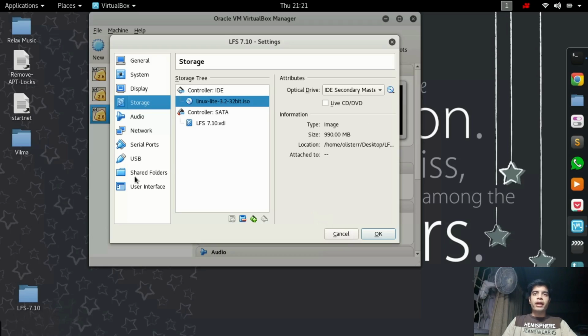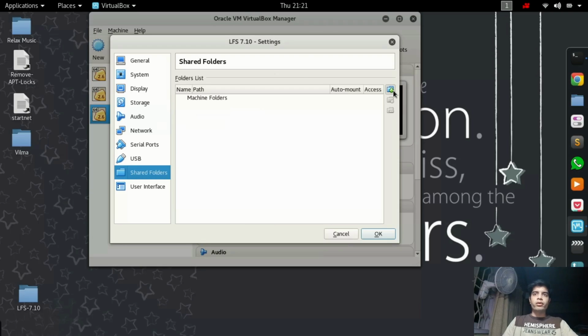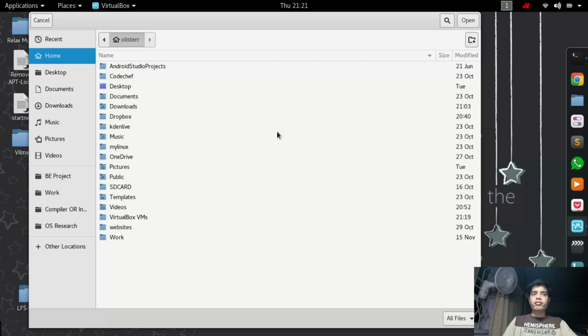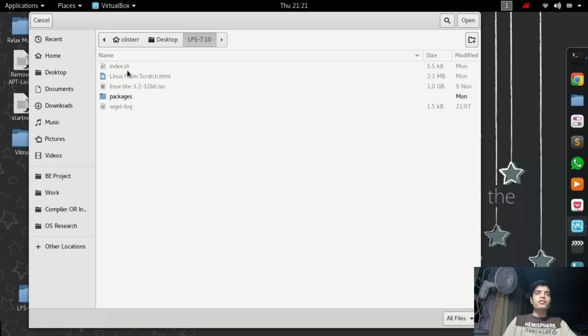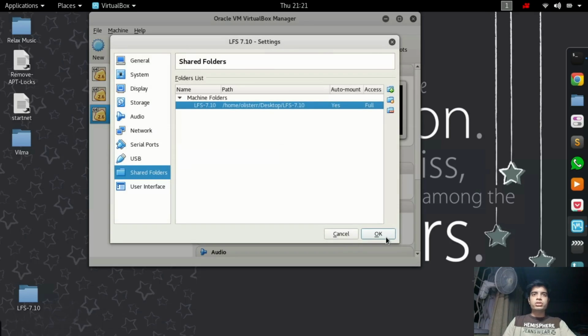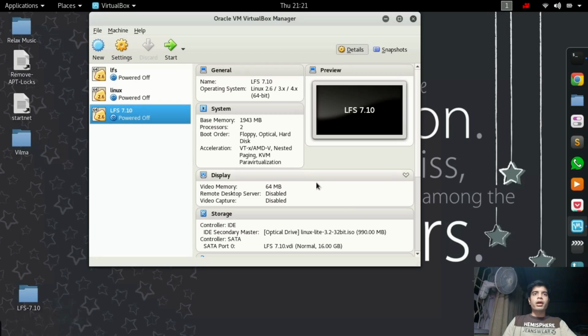Now we'll add a shared folder. A shared folder is a folder that will be shared between our actual machine as well as the virtual machine. Now I'll select the LFS folder here because it contains all the LFS packages. And I'll say auto mount because I want it to get mounted every time my system boots. Now I'll go ahead with the booting of the